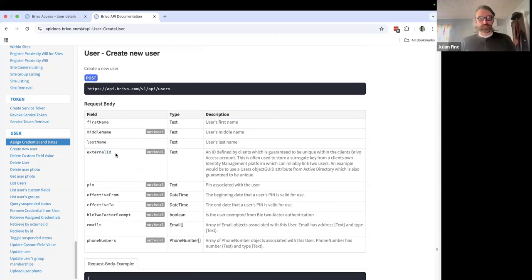This field is only available and visible through the API, and it is there specifically so that you can associate a globally unique ID from your database with a user object in our database. This field will enforce uniqueness. You cannot have 2 user objects on the same account with the same external ID